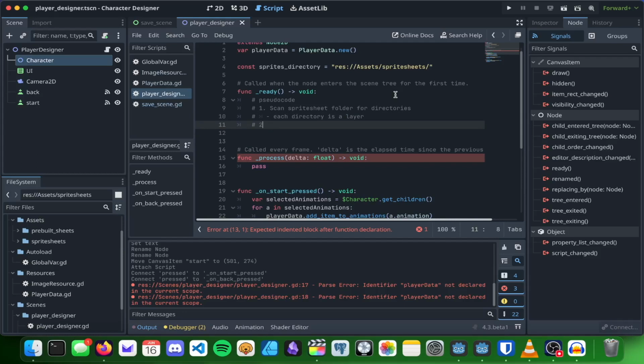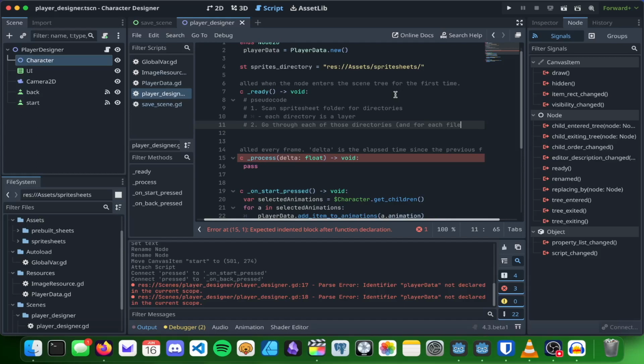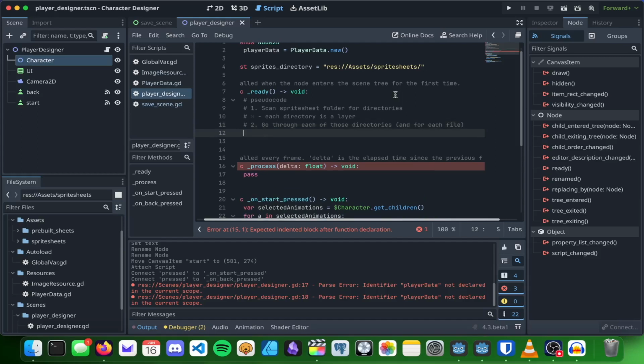Then we have to go through each of those directories. And for each file, this is what we'll be doing. We'll be saying